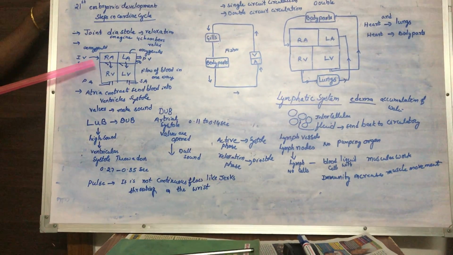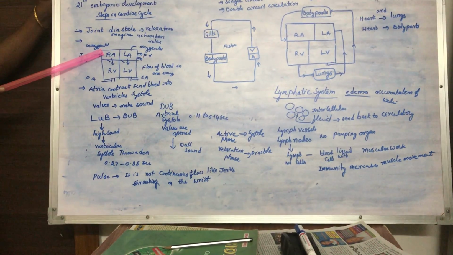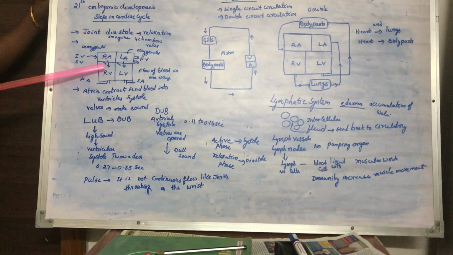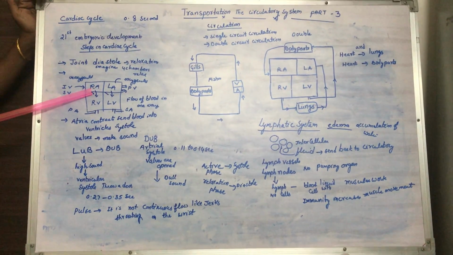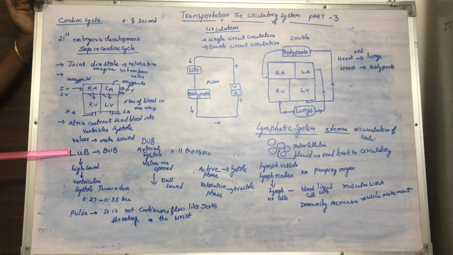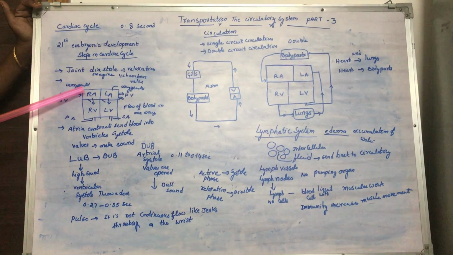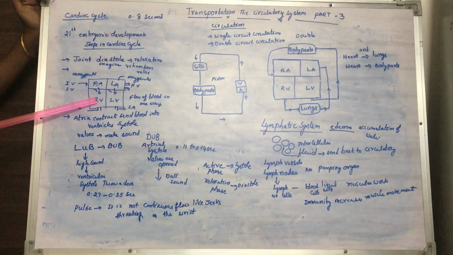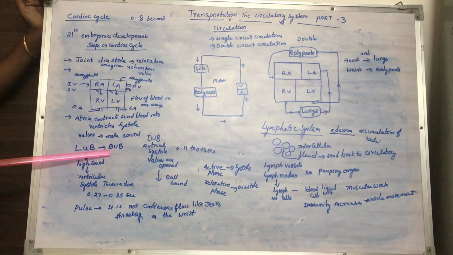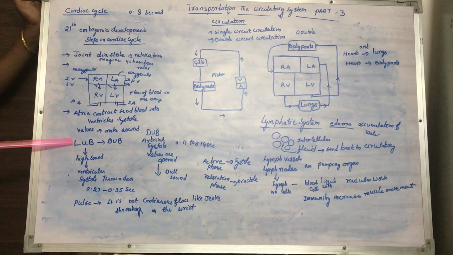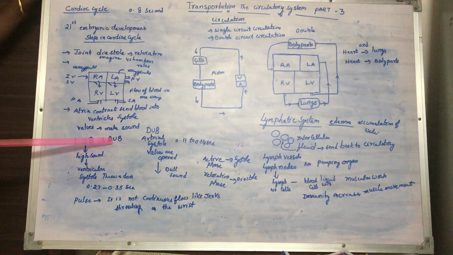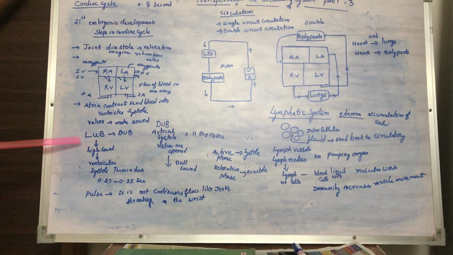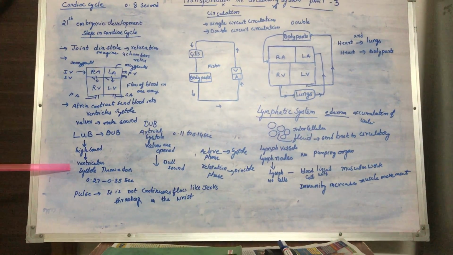When the blood flows from the right auricle to the right ventricle, to prevent the backward flow of blood, the valves are closed. When the valves are closed, we hear a very high sound called lub. To allow the blood from the right auricle to the right ventricle, the valves are open. At that time we hear a dup sound. When closed we hear a lub sound. When open we hear a dup sound. The dup sound is heard in auricular systole, and the lub sound is heard in ventricular systole.